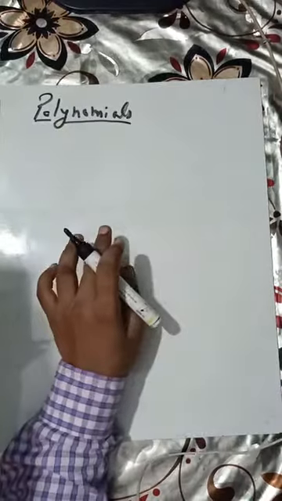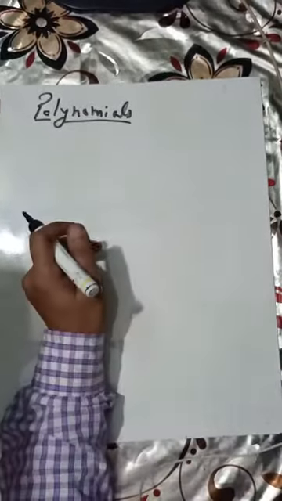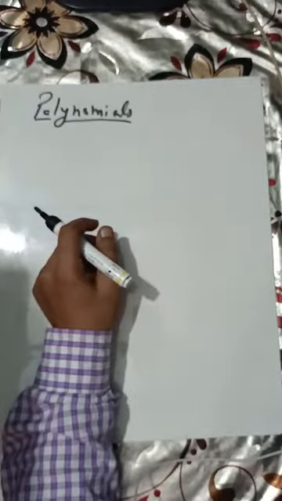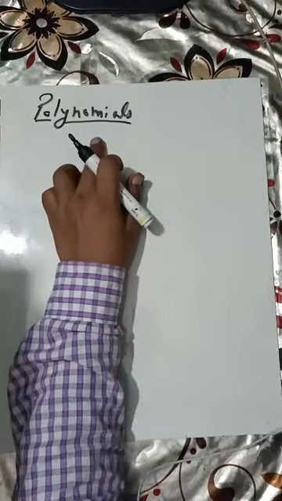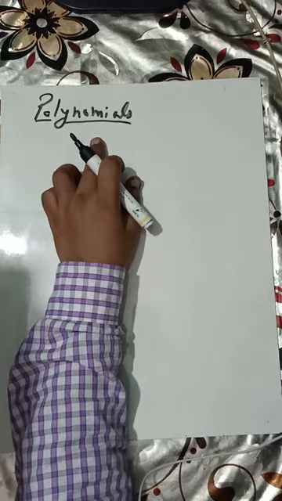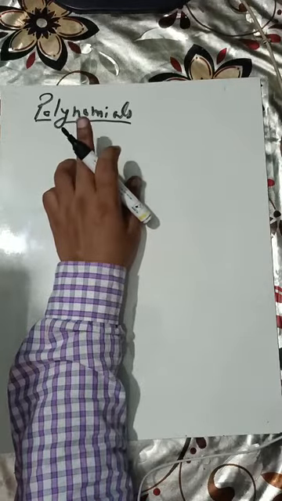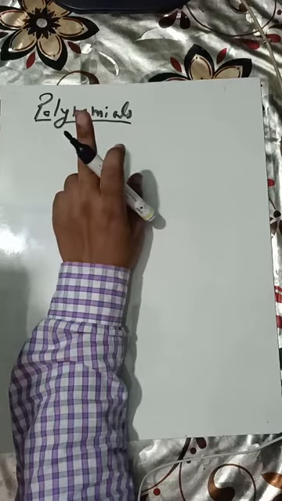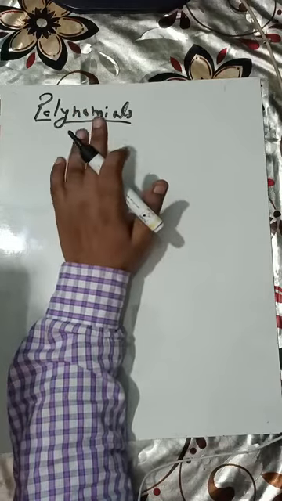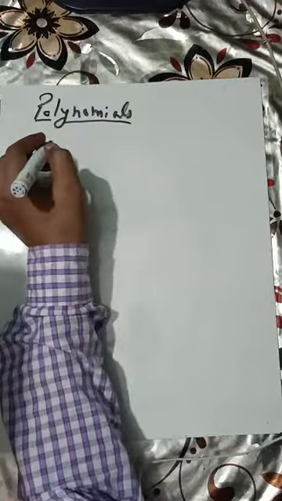Now the next topic is polynomials. A very important property. Generally we often get confused between polynomials and the number of terms. See, polynomial has nothing to do with the number of terms. Polynomials can be of one term only, it can be two terms, three terms or four terms. So what? There are two conditions.